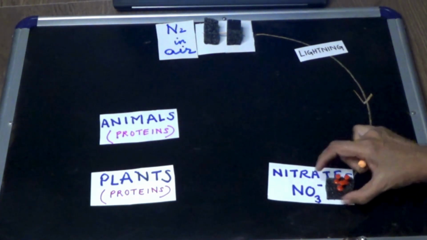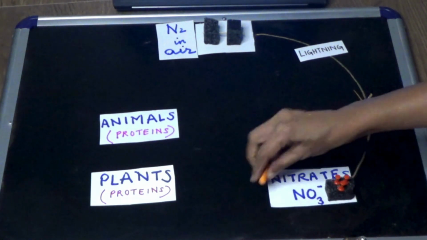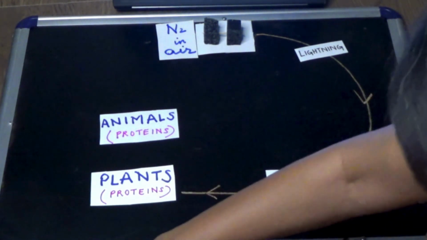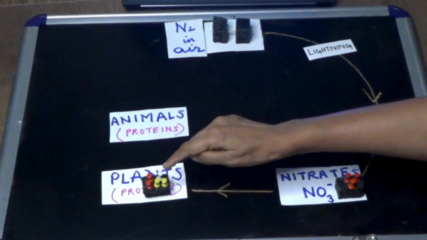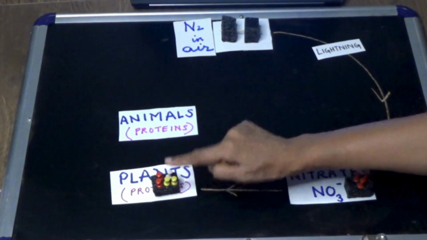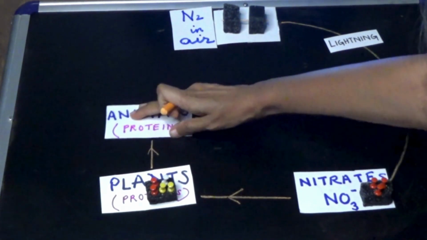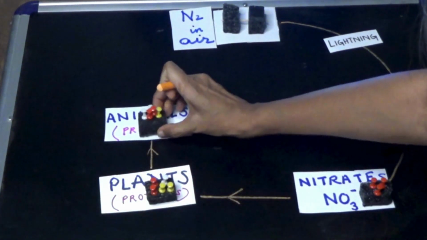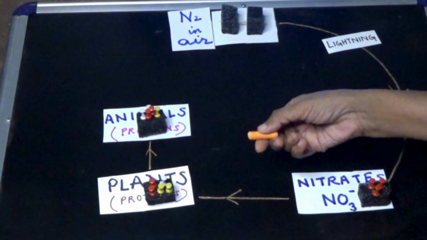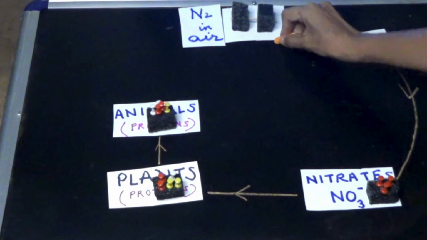So these nitrates get dissolved in the soil, and from here they can be easily absorbed by plant bodies, and plant bodies then build their own proteins, which are complicated compounds of nitrogen, hydrogen, carbon and oxygen. Once plants build their proteins, these are eaten by animals, who break them down into amino acids again and create their own proteins out of these ingredients. So this is one way nitrogen has reached bodies. Now we will look at another method through which this happens.